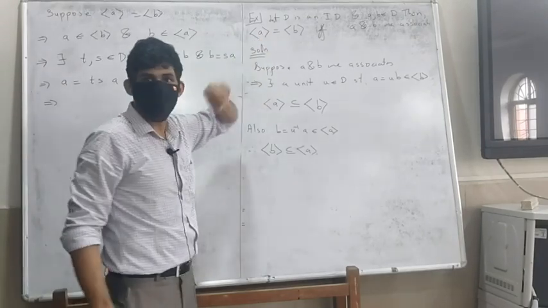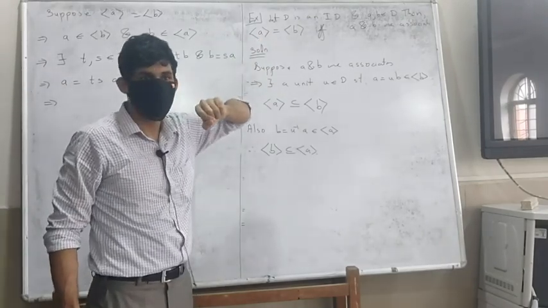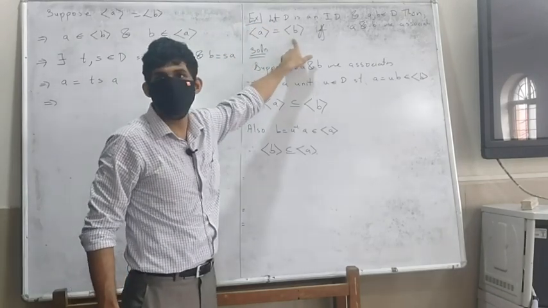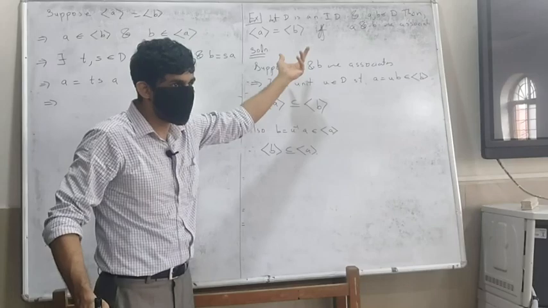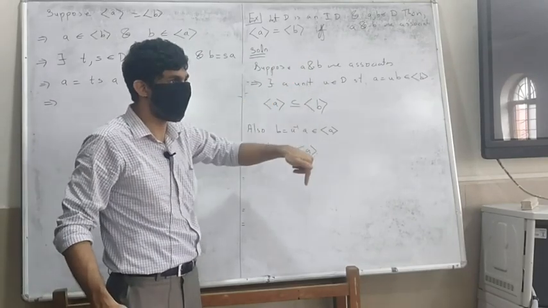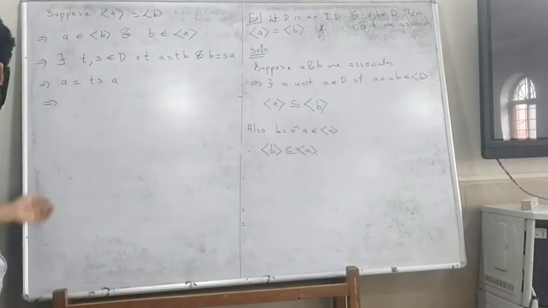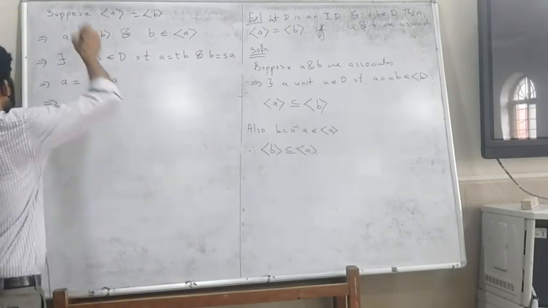If A is equal to 0, what happens? That means this is going to be the 0 ideal. Therefore, that is the 0 ideal. But the 0 ideal can be generated by only one element, 0. Therefore, B also should be 0. So that's easy to see. Okay, so that case I will leave to you.